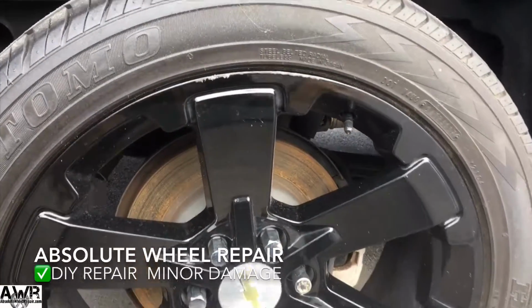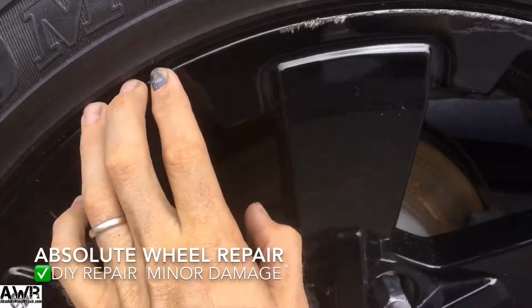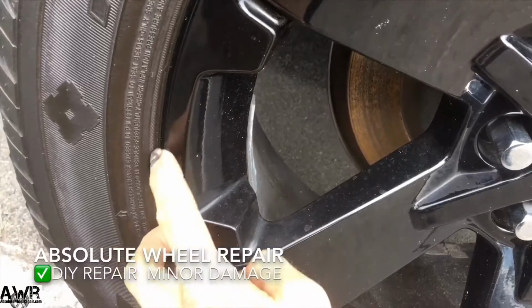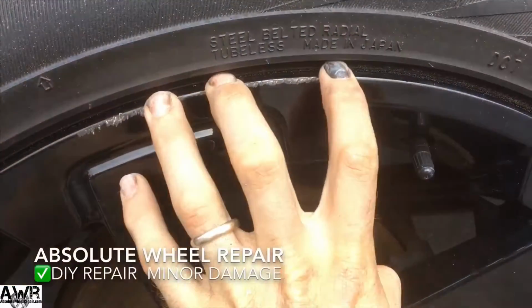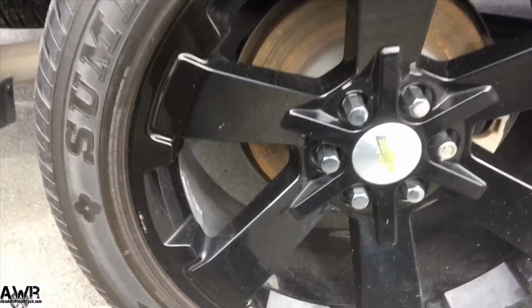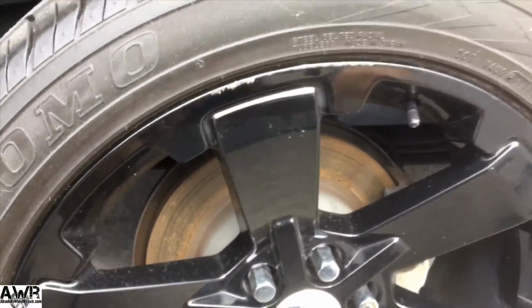Alright guys, we have a Chevy Silverado here. Pretty typical curb rash. 2 hits, very small, about an inch. And then we got about 4.5 inches here, maybe 5. So I'm gonna go ahead and repair this damage, and I will do my best to do step by step